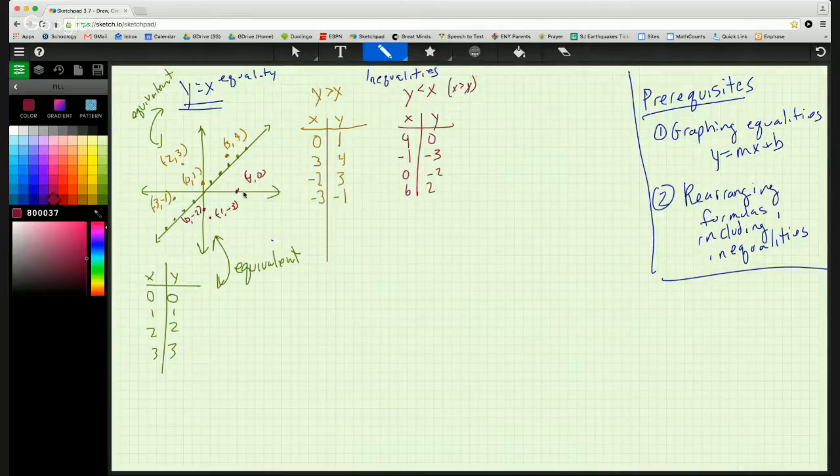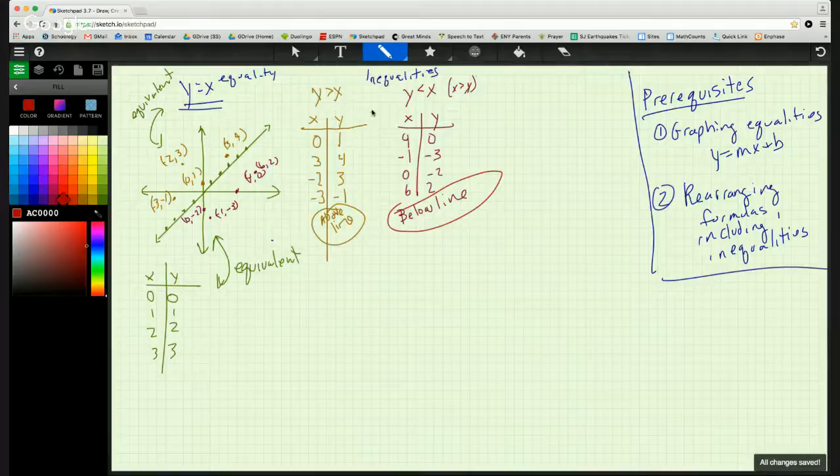And then finally 6, 2. Whoops, that's 6, 2. So what can we notice about everything where y is greater than x, and then everything where y is less than x? Well, if you identify that everything here is below the line and everything here is above the line, you would be right. Above and